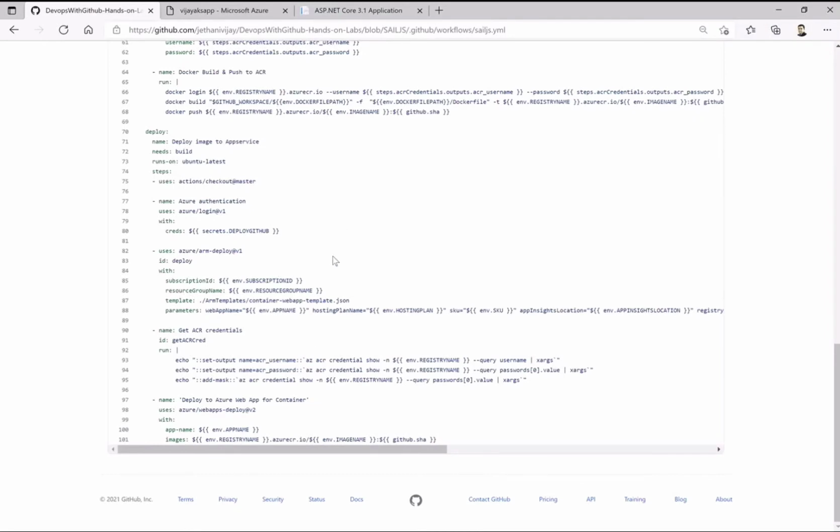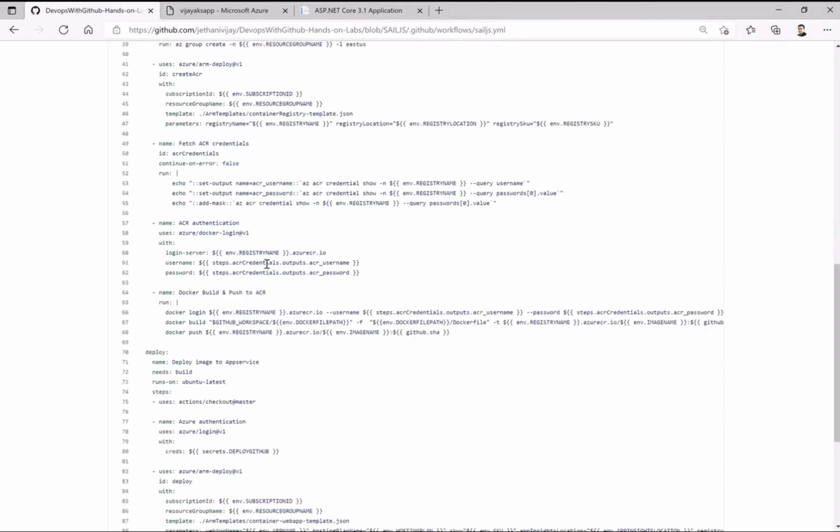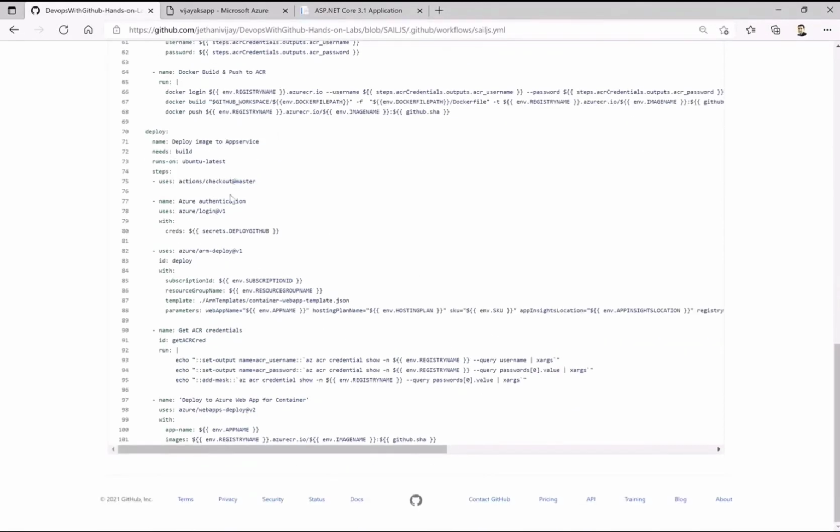So ideally what I'm trying to do here is, first, the deploy part using the ARM templates, then getting those credentials handy so that I have authentication credentials before I push to the container registry. Once I have that, I'm using the ARM deploy for deploying the specific templates, or creating the app services at runtime. The below part is for authentication, and the last part is for deploying the web app for container.